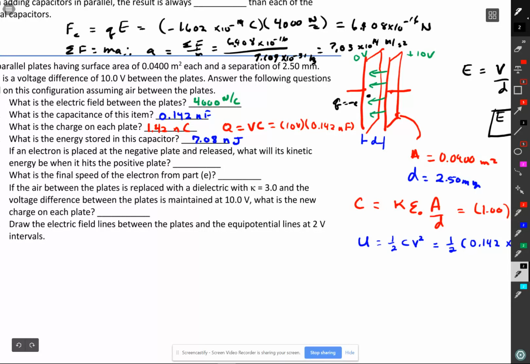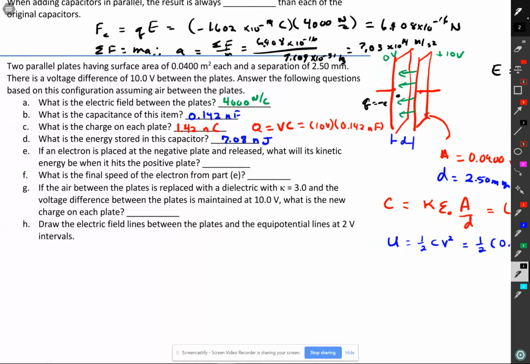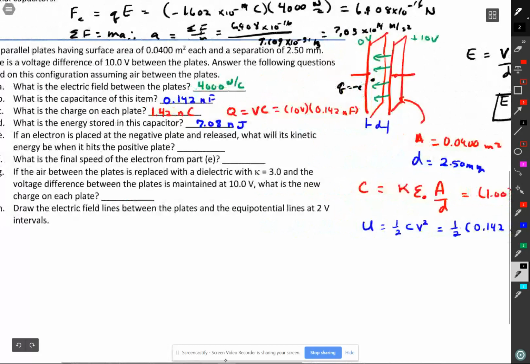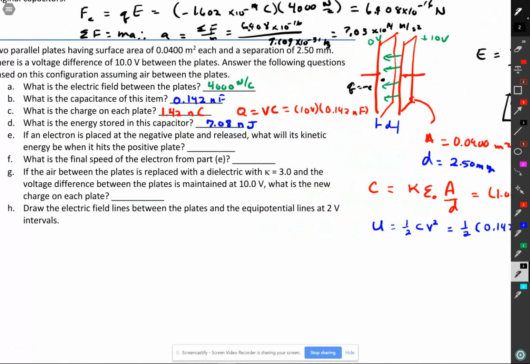And as Doc Brown would say, Scott, that is a very large acceleration. That electron is going to be accelerating like crazy. And so what we're going to calculate here, just coming back to the problem, if the electron is placed at the negative plate and released, what will its kinetic energy be when it hits the positive plate? Well, we know that it had this potential energy stored, but what we want to do is say how much energy is going to be transferred to that electron. So we know that